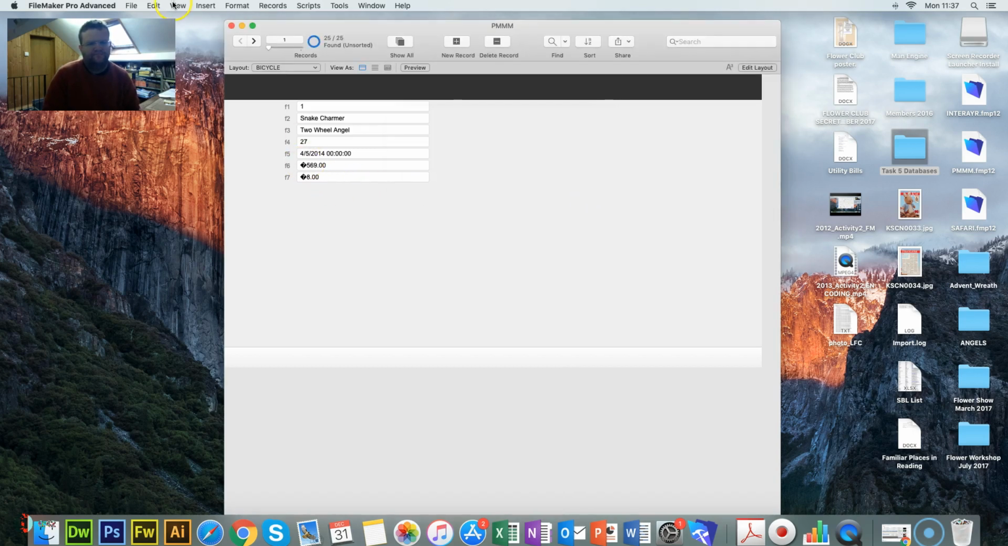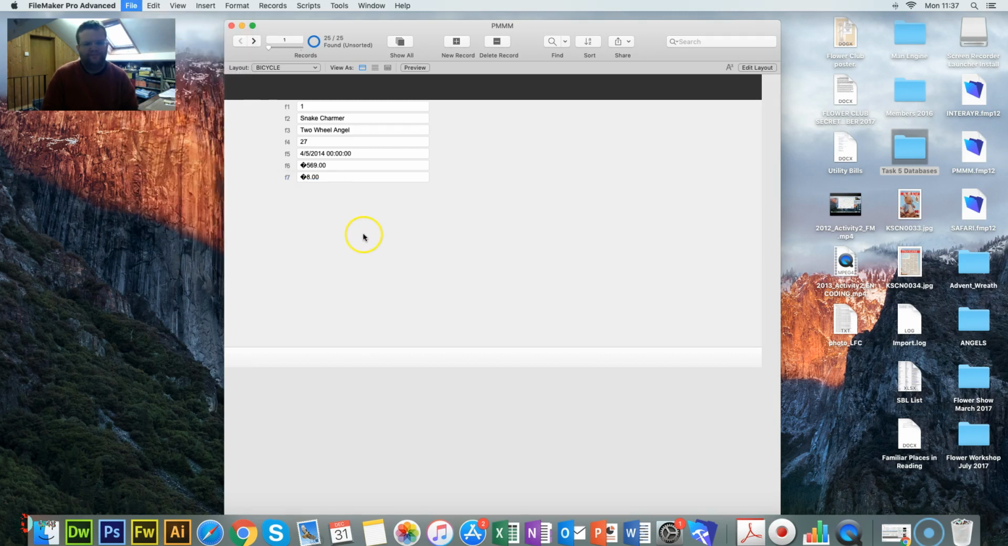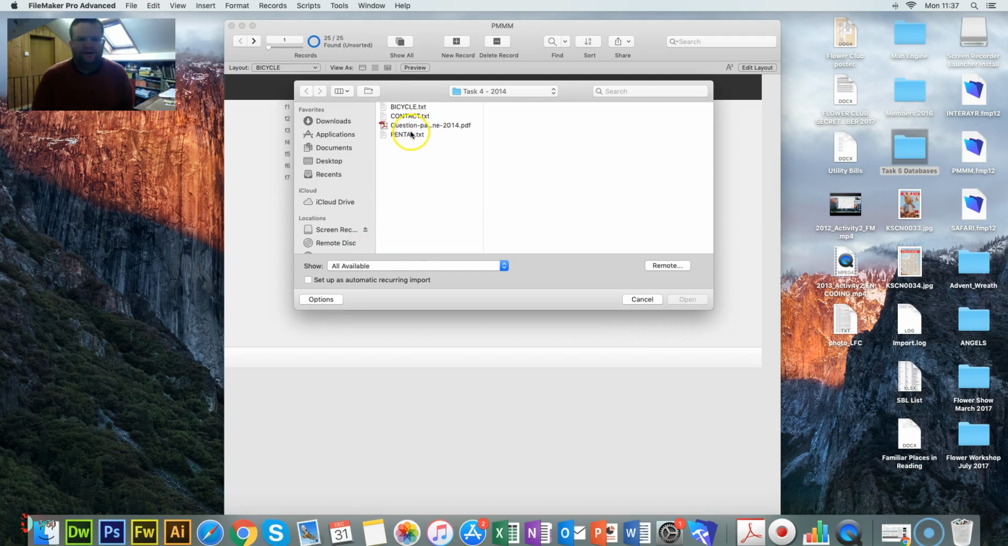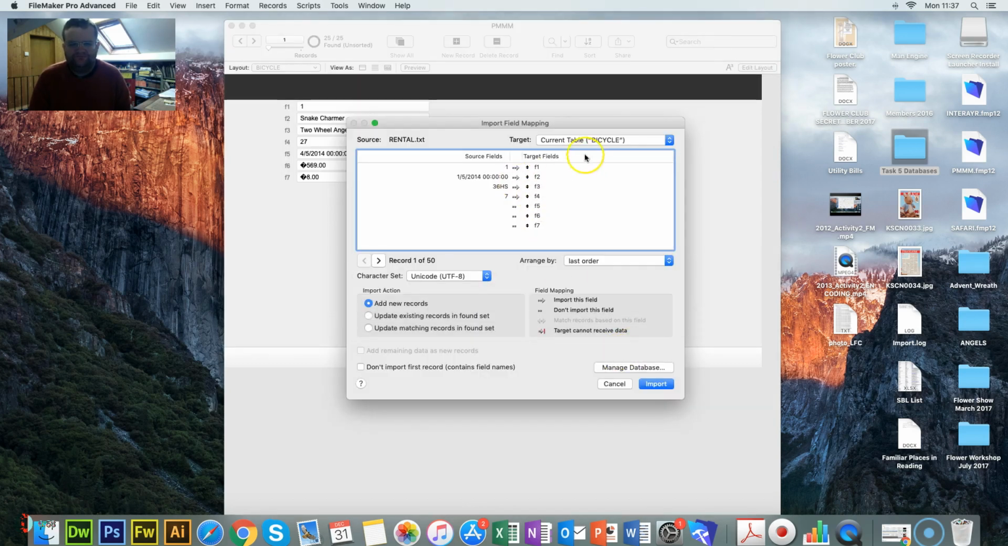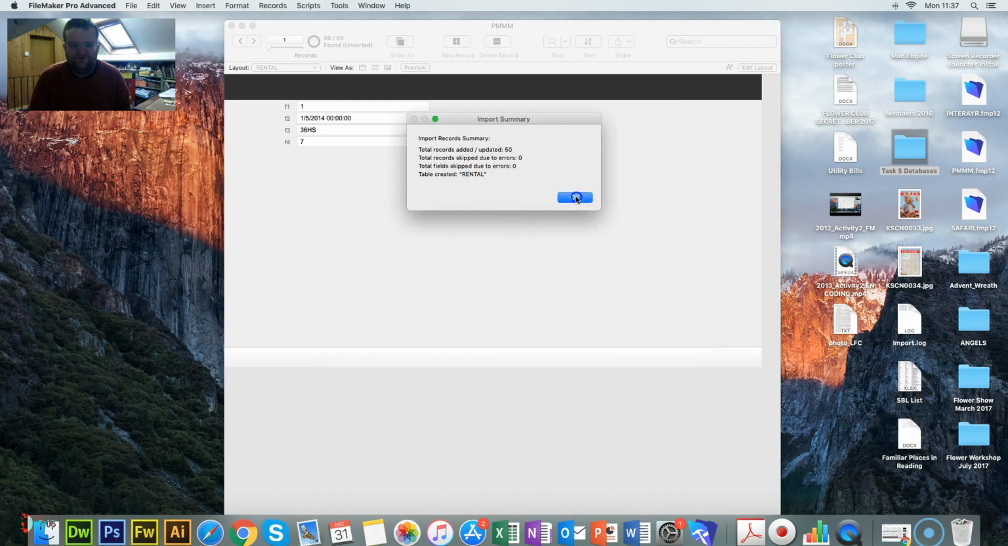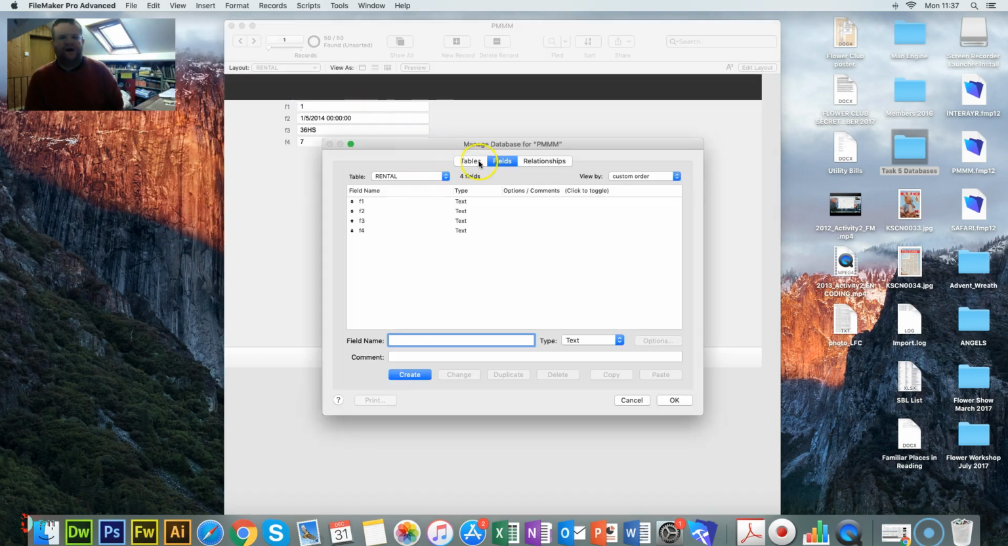Okay. And the other one, import file. We go rental as well. So I'm just going to make sure I say it's comma separated value, open. New table, fields are there. Okay, fine. It's just normal, but that means I need to go to File, Manage, Database, and we'll go back